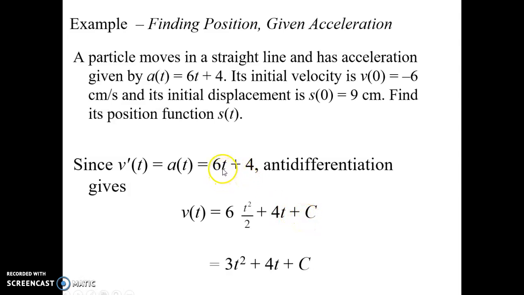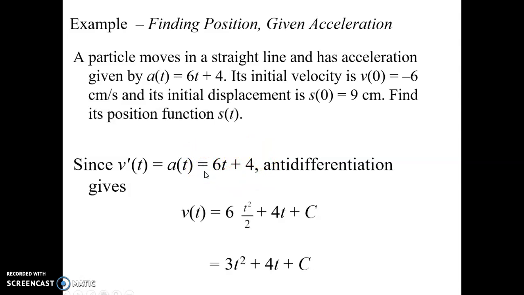So I'm going backwards, taking my antiderivative. Now, we could always check to make sure we've done this right by taking the derivative of this function. 2 goes into 6 3 times. The derivative of 3t squared is 6t. The derivative of 4t is equal to 4. And the derivative of the constant would be 0. So we can see that the derivative of this function would bring us back to the acceleration function, which was